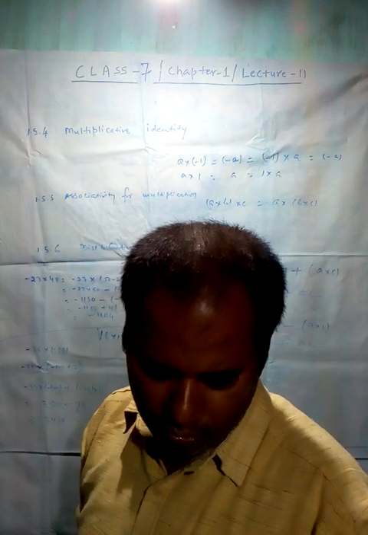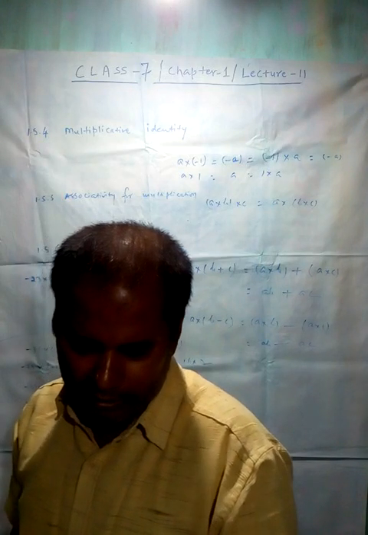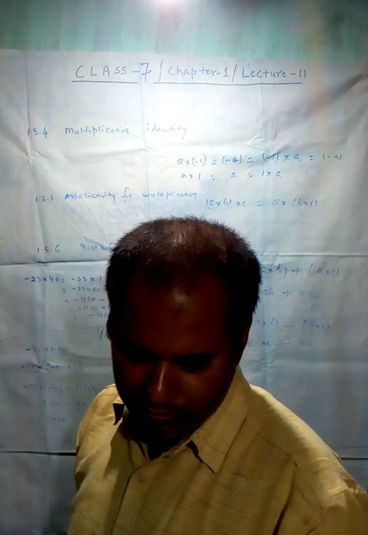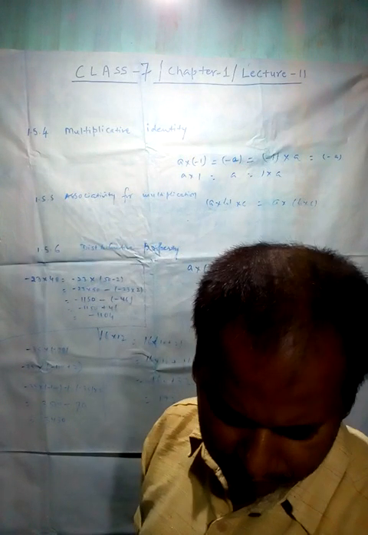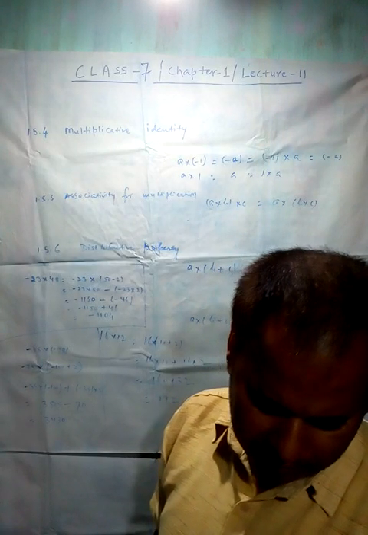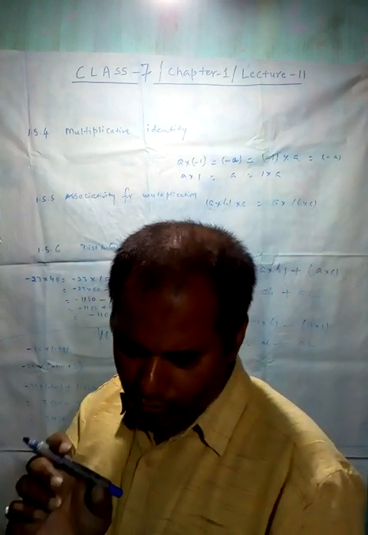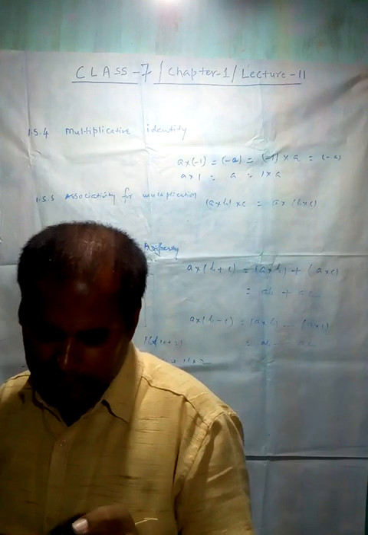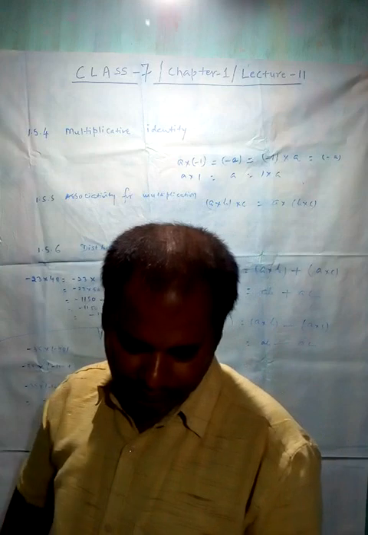Now example number 2, find each of the following products: minus 18 into minus 10 into 9. The second question is also there, and the third is there. They have solved minus 18 into minus 10 into 9. They have grouped minus 10 and 9 together, minus 18 into minus 10 in bracket and then multiplied by 9, and this is the value 1620.